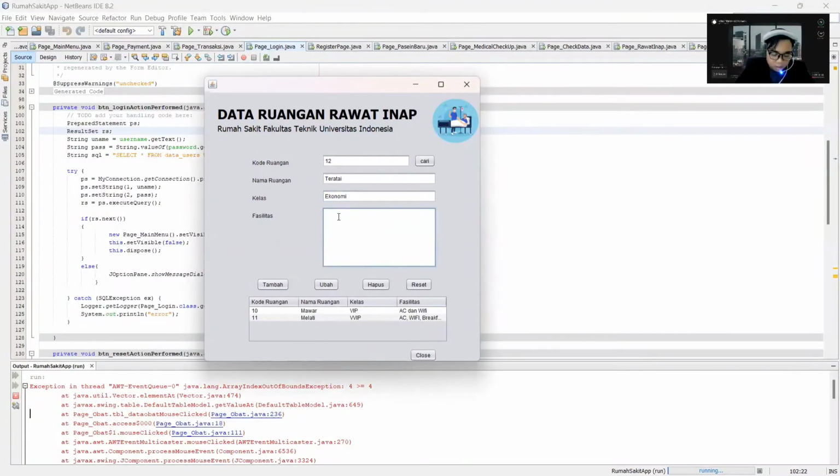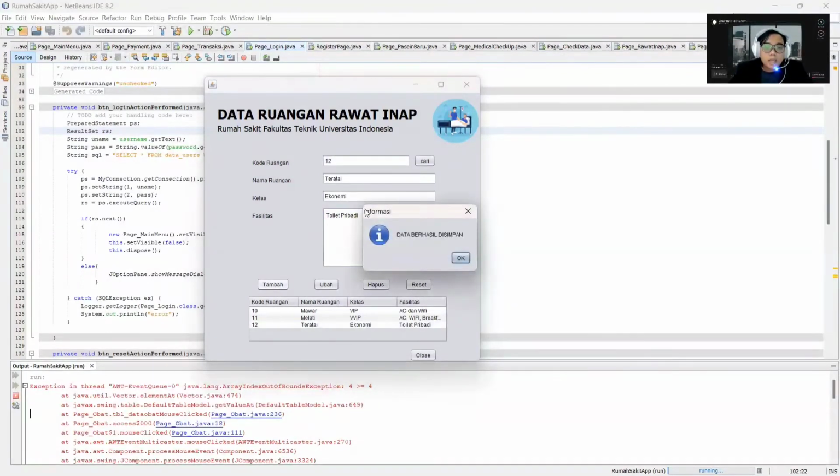Facility just toilet. Okay. And like before, we just click the button tambah, and the data is saved in our database, and we just click OK.